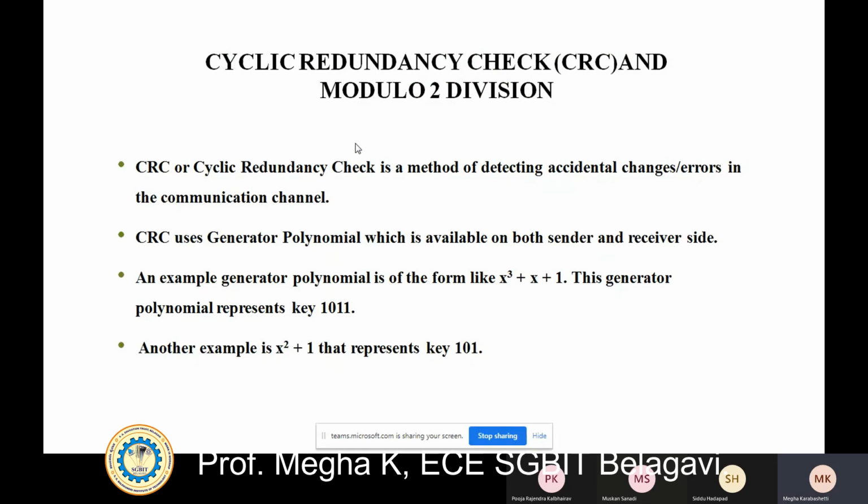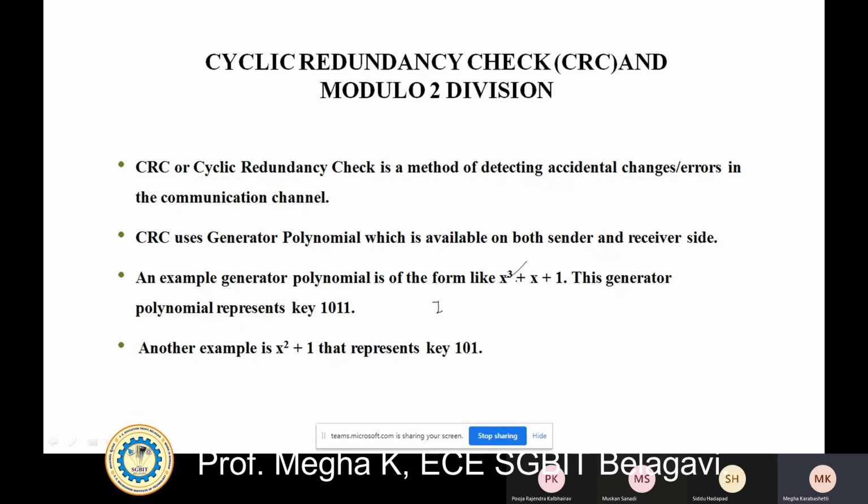For this, I'll write the generator polynomial as 1011. Here x cube means it has degree 3, so our first number is 1, the coefficient of x cube.